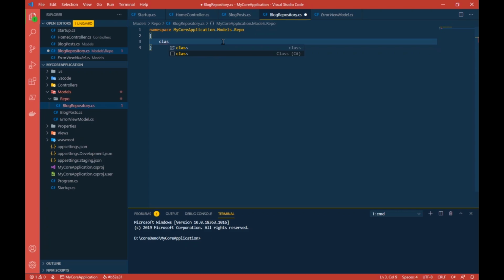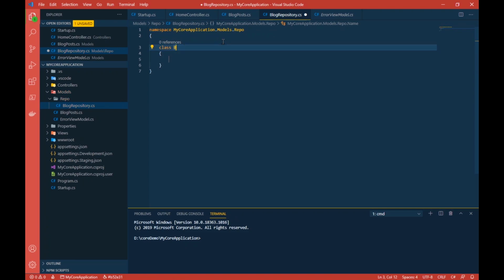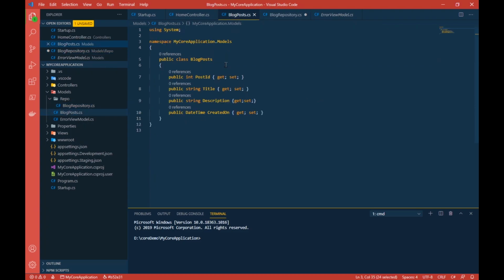Now all the snippets are provided. Just write class. Don't choose the first one, the first one is a variable. The second one is the snippet. Hit enter, and it will do whatever you need it to. BlogRepository. Okay, now I want this to be a public class BlogRepository. Now what I need inside this class is a method which can handle the data inside this class.